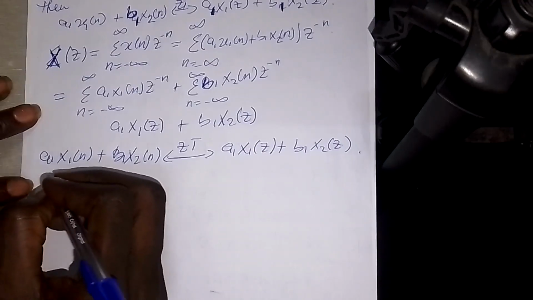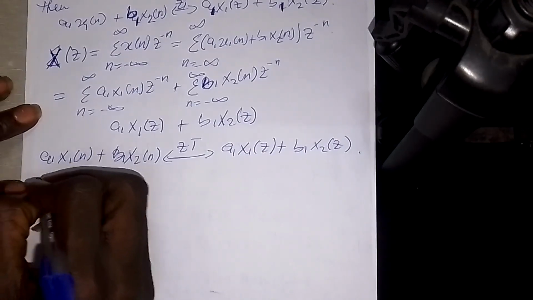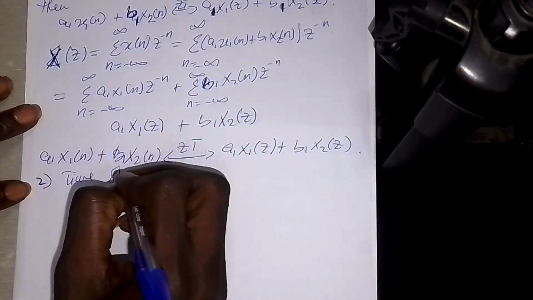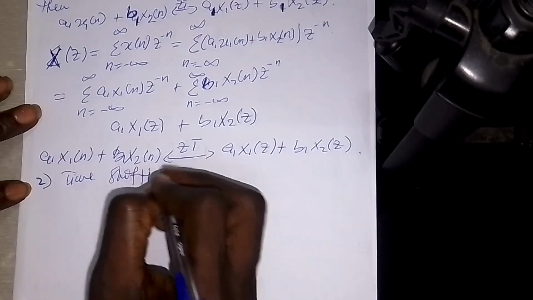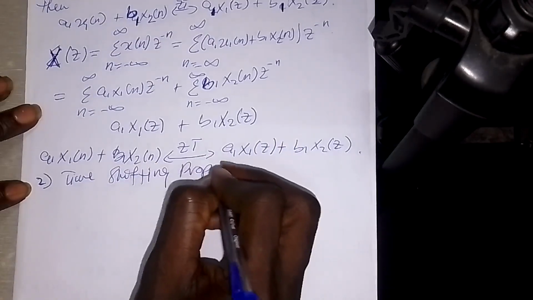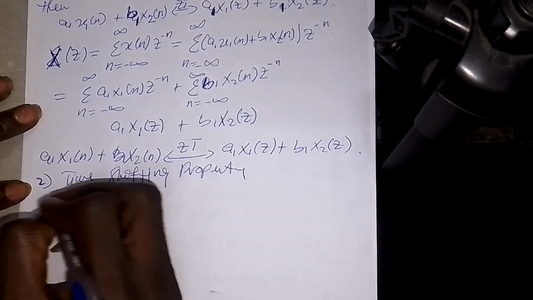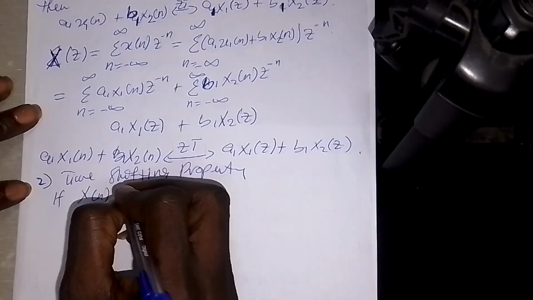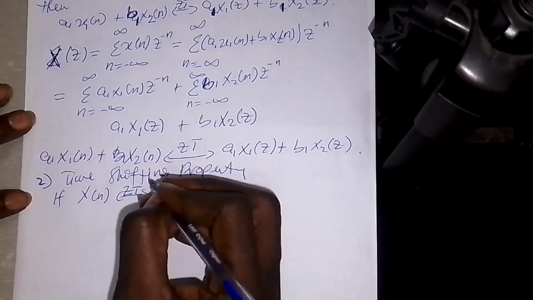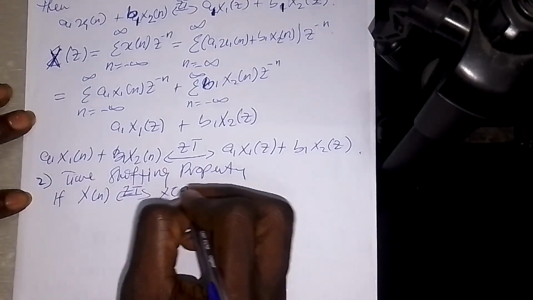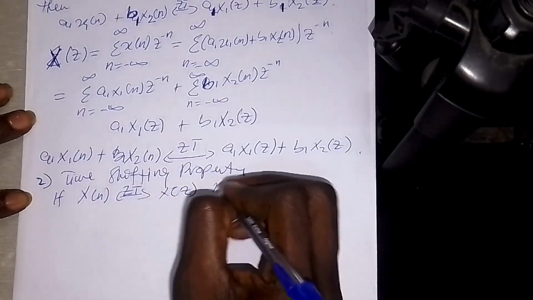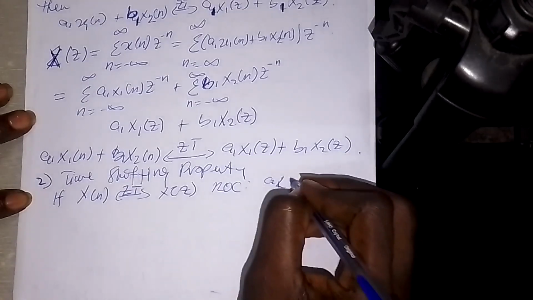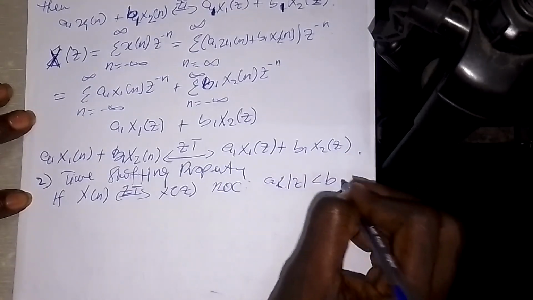So now in the second one, I'm going to have number 2. Number 2 is called the time shifting property. So in the time shifting property, if x of n has a Z transform of X of Z, and the ROC here is A less than mod Z less than B,